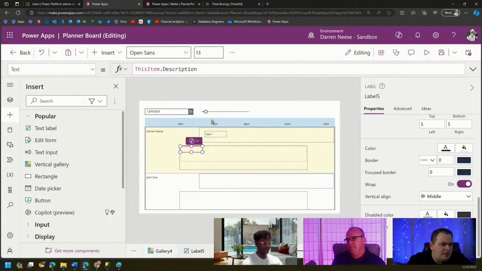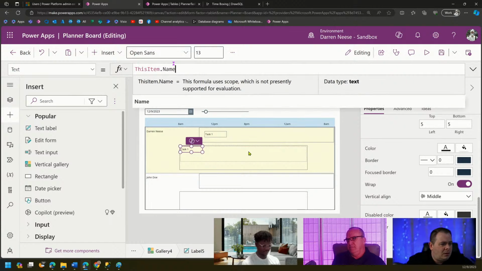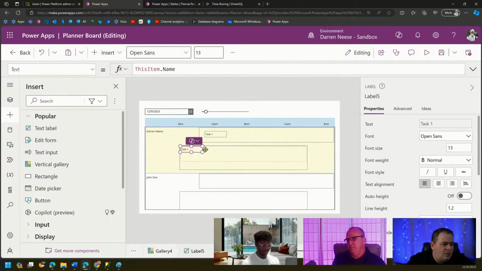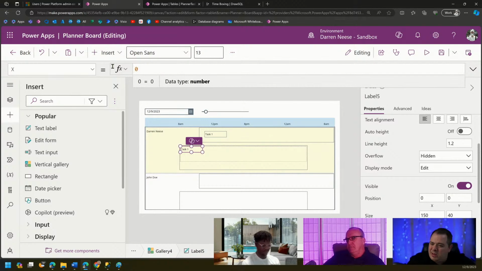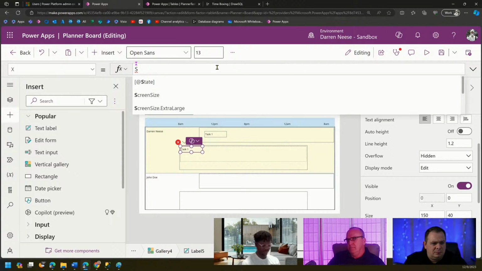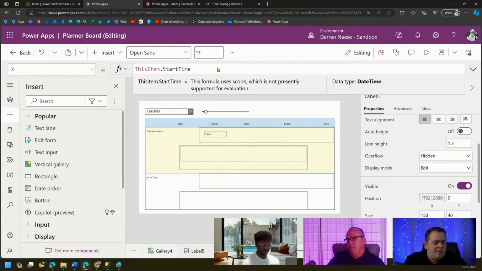Yeah, and then I'm going to say name. Now what I'm going to do on this label is change the X based on the time. So if I say start time, 8 a.m. will be 0. And then 7 a.m. the next day will be,